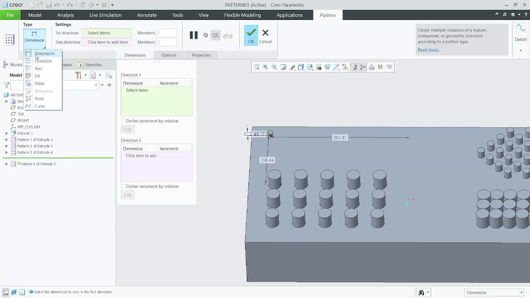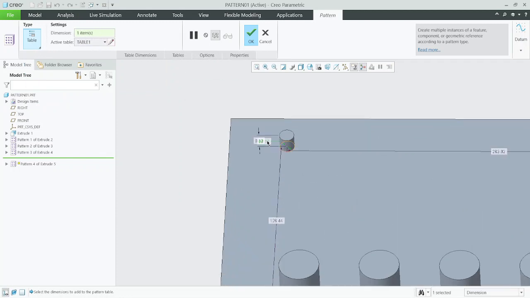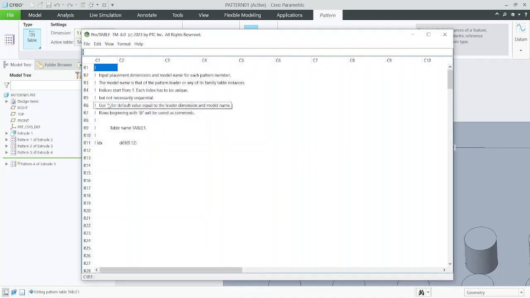Now we have completed the dimension pattern, direction pattern, fill pattern, and table pattern. In table pattern, you will get a parametrically driven table. So we need to define the direction and hole size, vertical or x or y direction. So it is a very important feature. So we will discuss it in